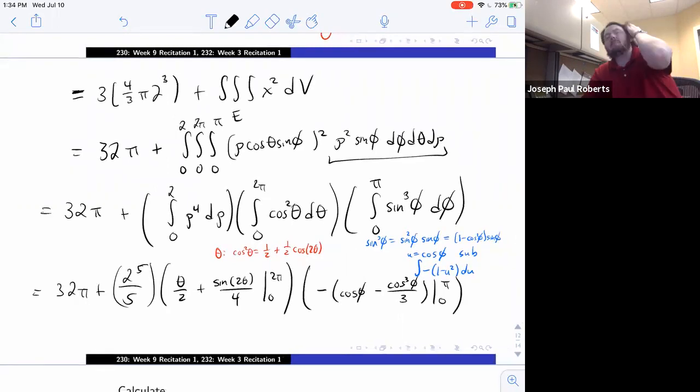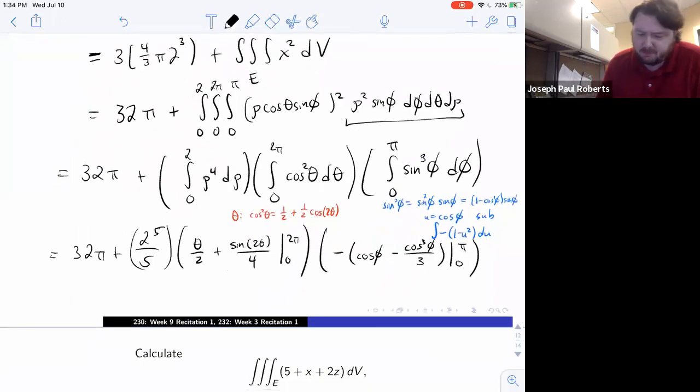So we probably won't make you deal with sine cubed or cosine cubed in a big multi-step question like this. That's sort of a separate little trick. But sine squared, cosine squared, I'll remind you on the next slide the important details. But that's how you do these antiderivatives. And at this point, you pretty much just plug in and subtract. So 32 pi plus 32 fifths times, this works out to be pi when you plug in 2 pi and 0 and subtract. And then here,